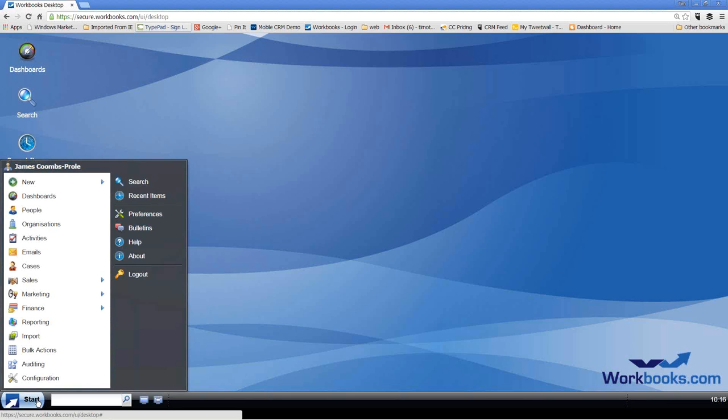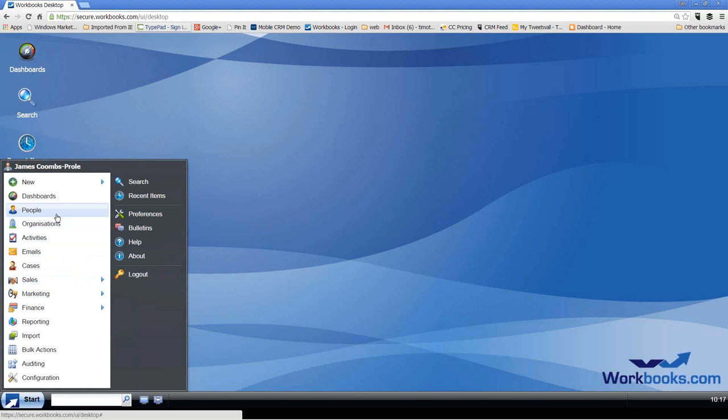So from that Start button and the Start menu here, here are all of the elements of a proper CRM solution. Right at the top, or towards the top, people and organizations. They're the main building blocks of any CRM system. The contacts you deal with every day, they may work in companies or organizations. The activities that you have to do today, the emails that you're working on, sales that you've got on the go, looking at all of your opportunities or the quotes outstanding there. Easy ways of jumping to all of that information.